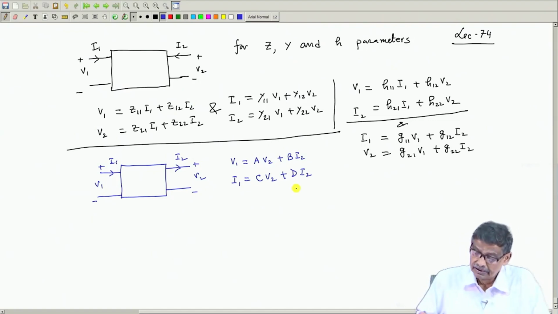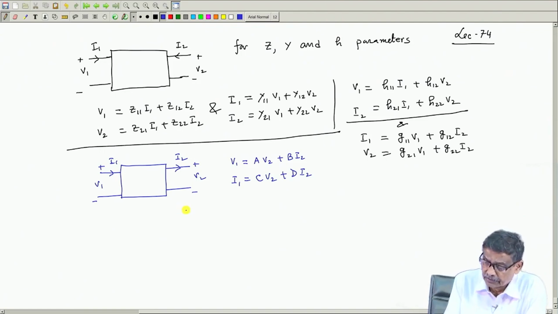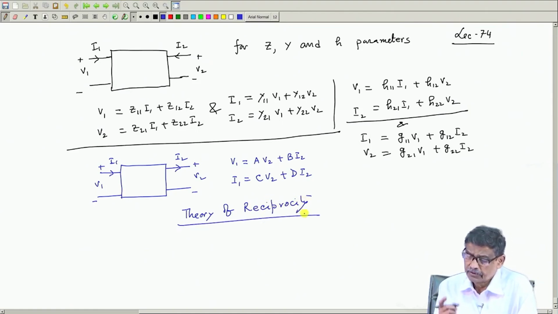Today, first I will tell you one important property. Because it is a linear and bilateral network, we know that the theory of reciprocity will always be true. You recall that the theory of reciprocity tells us that if the circuit is reciprocal,